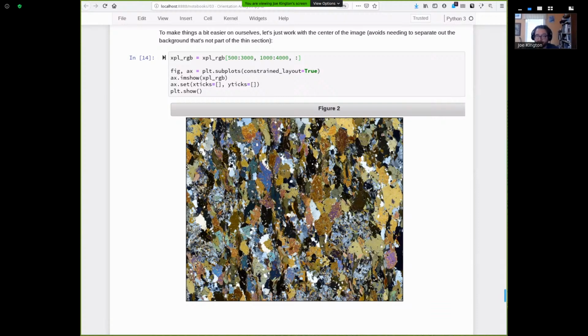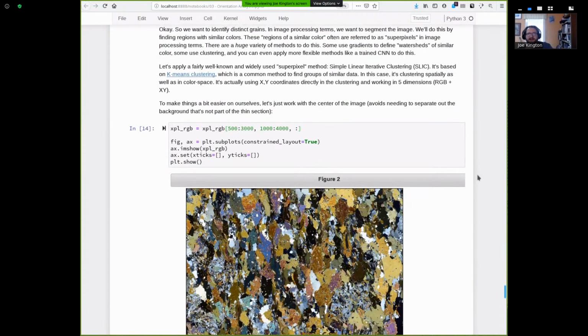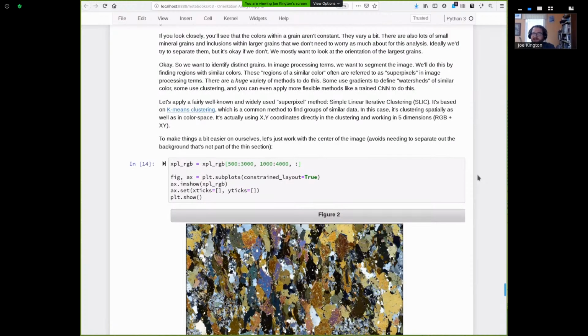We want to group things spatially that are similar in color without being too different. Now, this in general is a pretty common task in image processing to want to segment things based on color. There's a ton of things that do this. So it's actually an area of somewhat active research, or was very recently. It still is. It's kind of shifted more towards machine learning approaches, but it's very common, and there's a lot